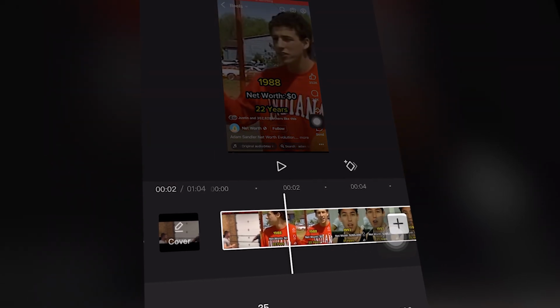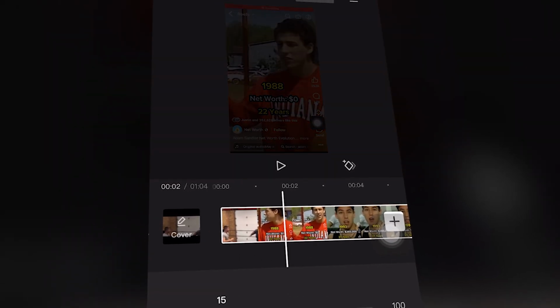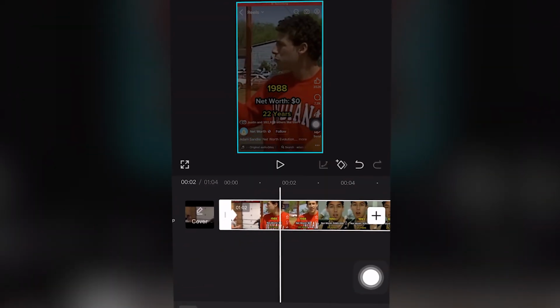This tutorial will show you how to fade in footage in CapCut Mobile, an online free video editing software, completely for